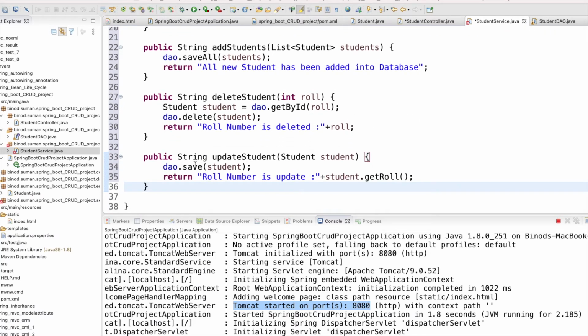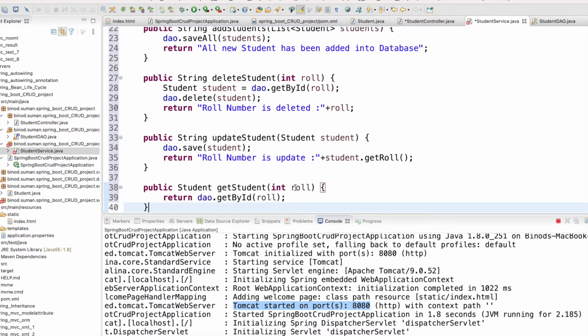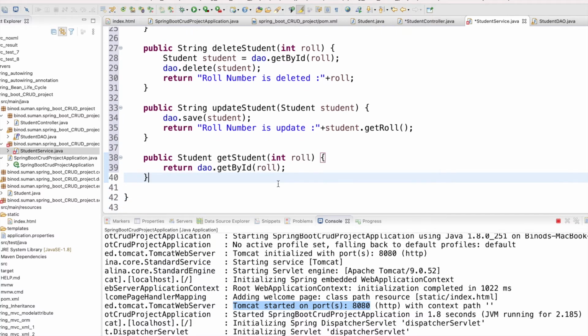Update is the same method, as per the ID they will do that, right? Now if you want to fetch one student, how can we do that? I will say get student, give the row number, and it will give the student. So now I have done the DAO layer and the service layer.